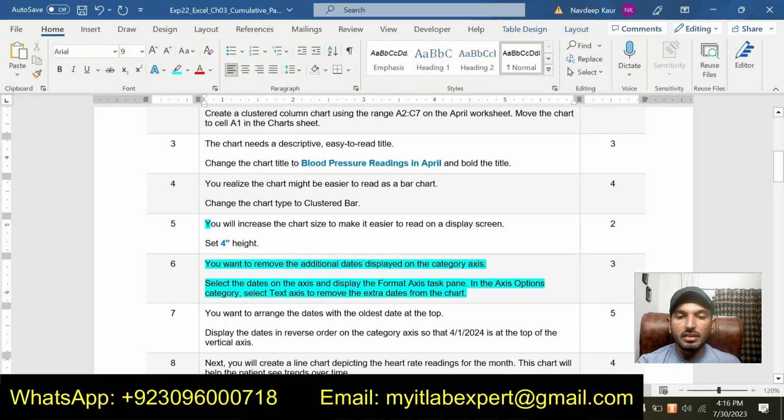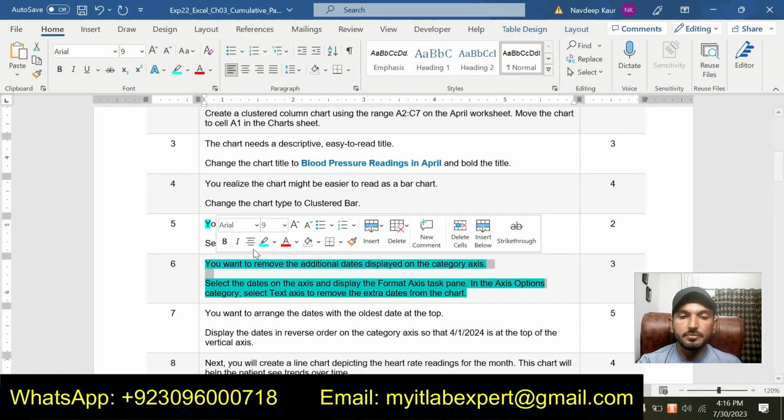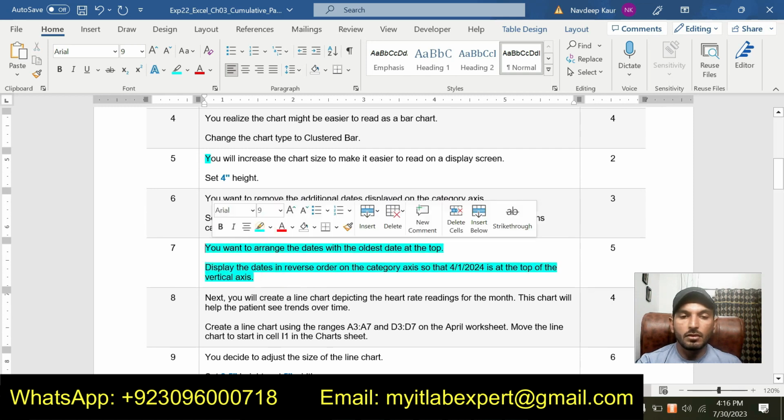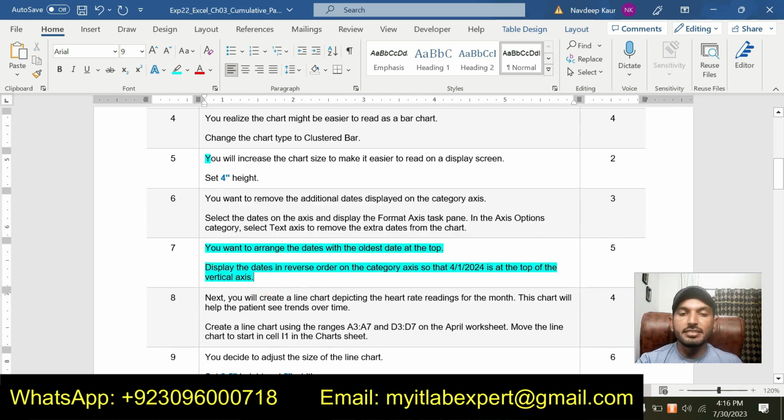So next thing to do is step number 7. You want to arrange the dates with the oldest date at top. Display the dates in reverse order on the category axis so that 4/1/2024 is at the top of the vertical axis.